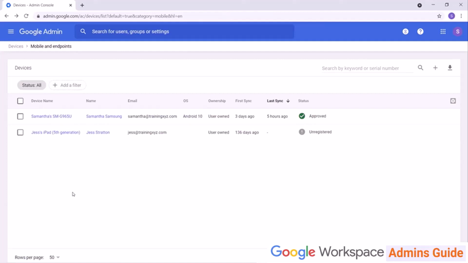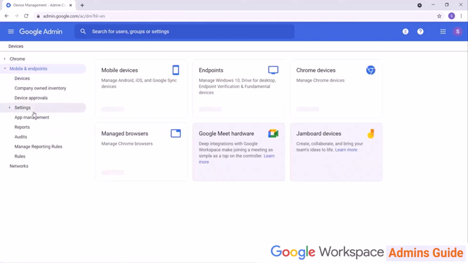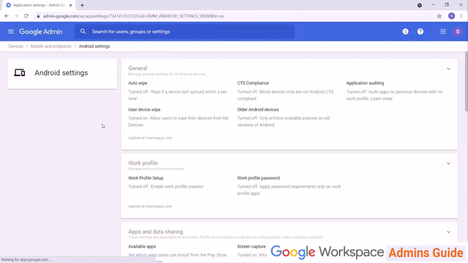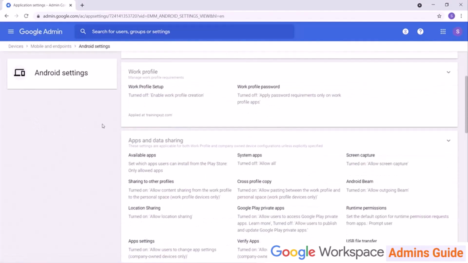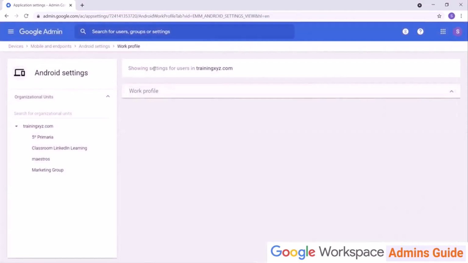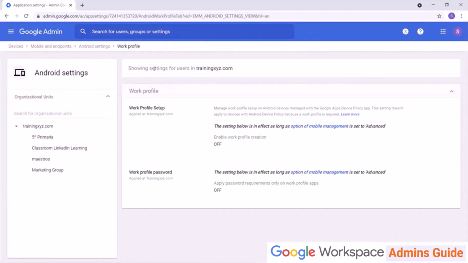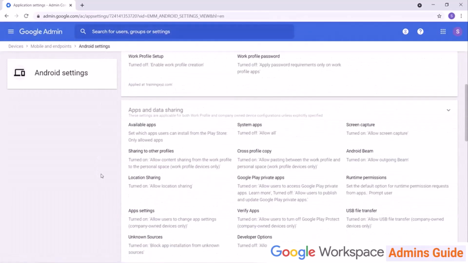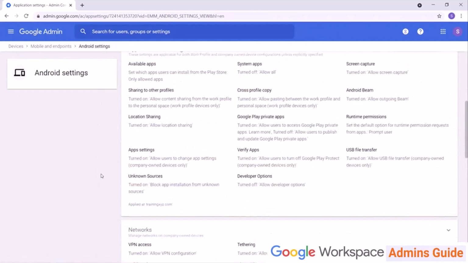I'll use the breadcrumbs navigation to return to the devices screen, and this time I'll select Settings and then Android Settings. Here, you will see a list of all of your options for Android mobile management. From the Work Profile area, admins may enforce work profiles, disable them, or allow them for users to opt into voluntarily. The remaining areas under Android settings include numerous toggle options, most of which are only applicable to company-owned devices